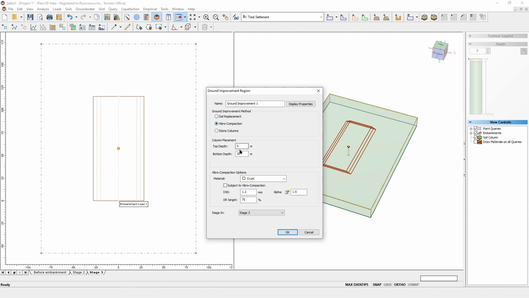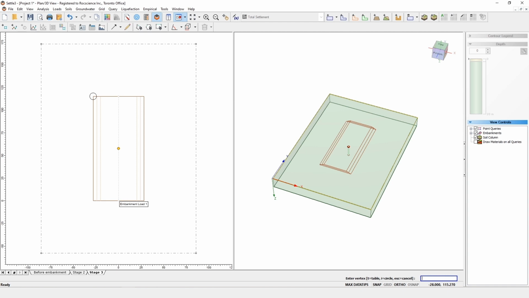We want to have the top depth at 0 meters, bottom depth of 3 meters, and assign crust as subject to Vibro-Compaction with D50 of 1.2 millimeters, DR target of 75% with alpha value of 15. And make sure soft soil is also subjected to Vibro-Compaction, and we will apply ground improvement before we install the embankment. Select OK,